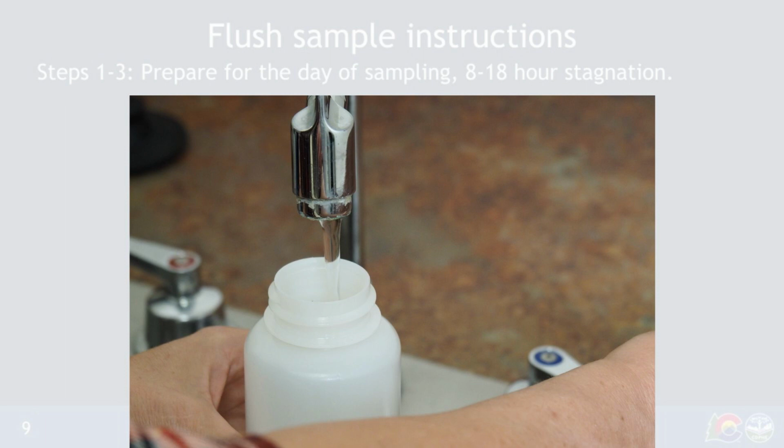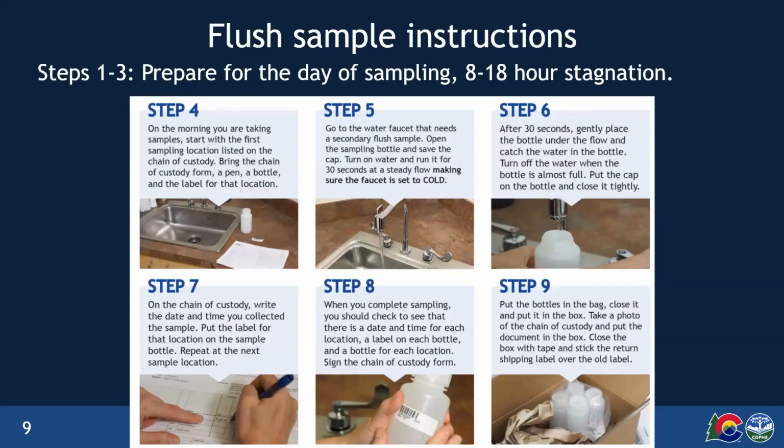This will help us isolate if it is only the fixture or if it is the plumbing that connects to the fixture. So basically, what is behind the wall? Older fixtures and supply lines, old brass valves, and solder can still contain lead, and so we don't want to leave out those possibilities during this process. So again, the flush samples are only for locations that have a result of 4.5 parts per billion or greater. The water captured in the sample cup after 30 seconds helps us identify the water downstream of the fixture. This will ultimately help us determine the best fix for each location so that you can be one and done.